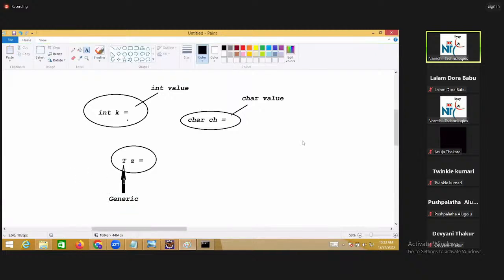What will you do? Sir, generic variable means I can fill it with any data. That's called generic. I can fill T with integer family, float family, character family, Boolean family, string, or user defined class object. Whatever I want, I can fill it. That is known as generic.